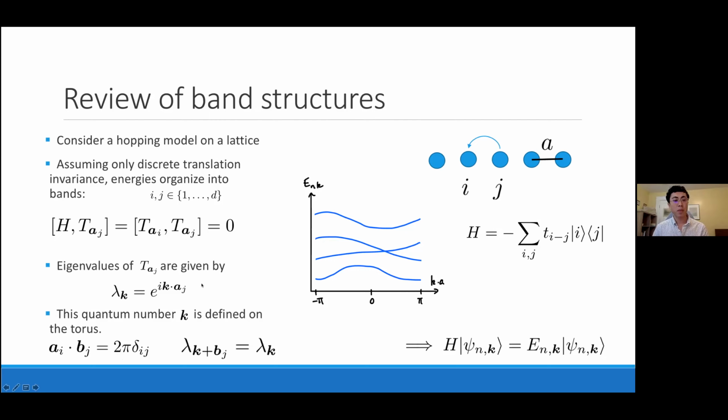exponent up here. Now, with this in mind, we see that the least redundant description of k is that k lives not in the real plane or anything like this, but on a torus. And the torus, going around the directions of the torus, is achieved by adding to k one of these two so-called reciprocal lattice vectors b. And so what have we reasoned? Well, we reasoned that because H and T, the translations, are simultaneously diagonalizable, we can label the eigenvectors of H by these quantum numbers k. And that's precisely what we've done here schematically. Now, without having to know any of the details of the Hamiltonian, this is the sort of thing we can obtain.